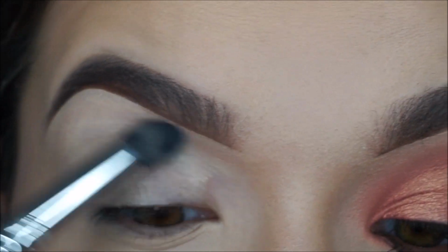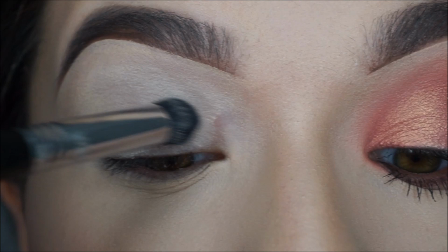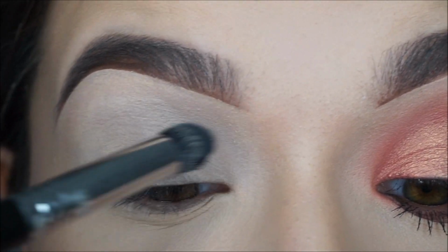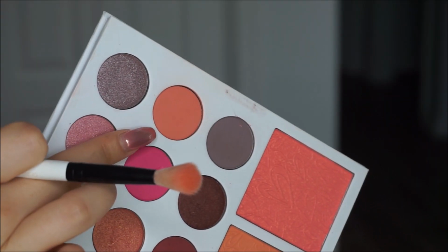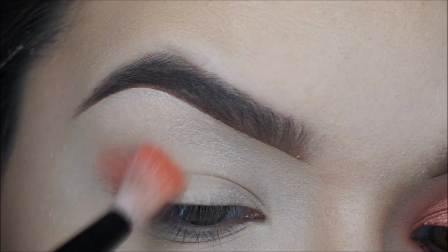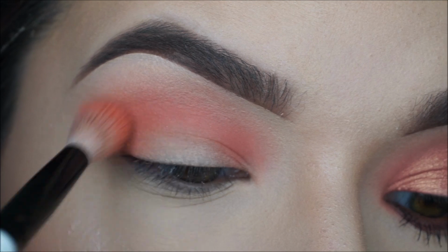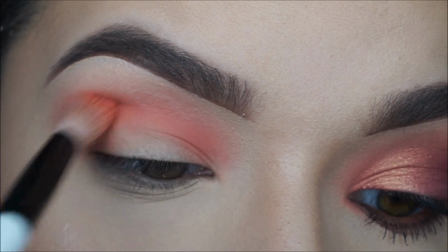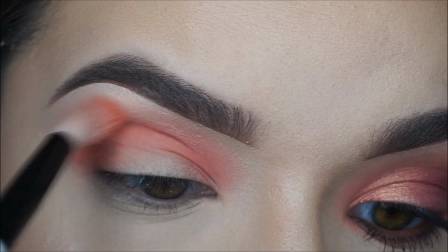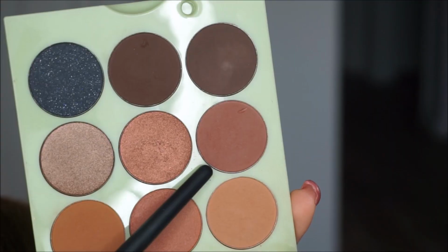Moving on to the eyes. So I'm taking my Urban Decay Eden eyeshadow primer and just blending that all over my entire eyelid space. And the first shadow that we're going to be using is still from the Kylie's Diary palette, and that is in the color Sweet Like Candy, which is a really pinky peach color. It looks very peach in the pan. As you can see, it's very neon peach. It kind of pulls a little pink on the lid. I'm also using her blending brush to do this. I'm just blowing it out from the outer corner all the way to the inner corner